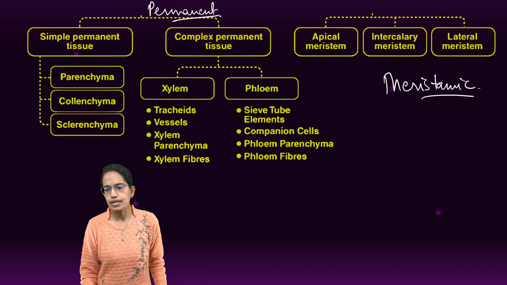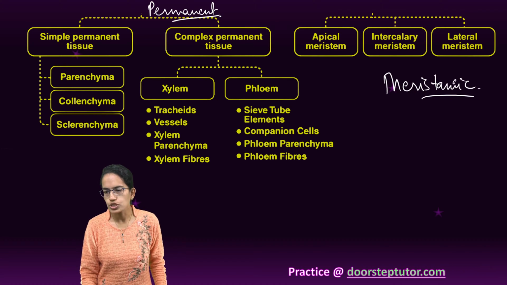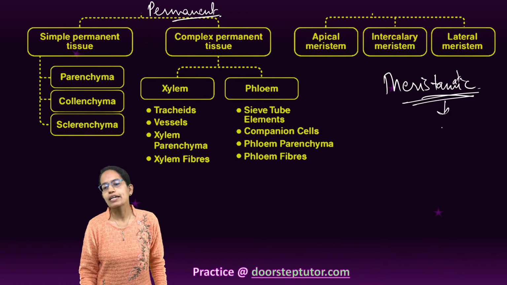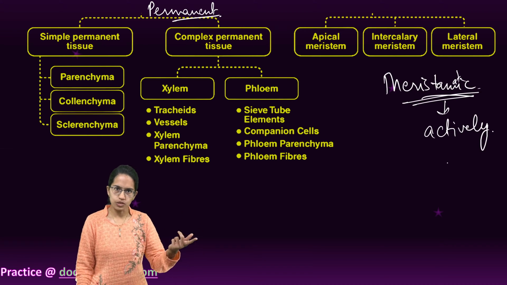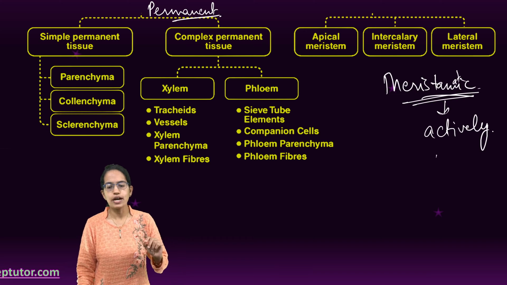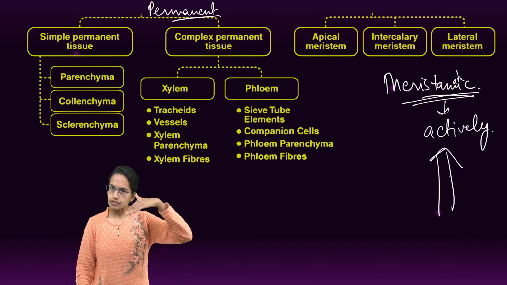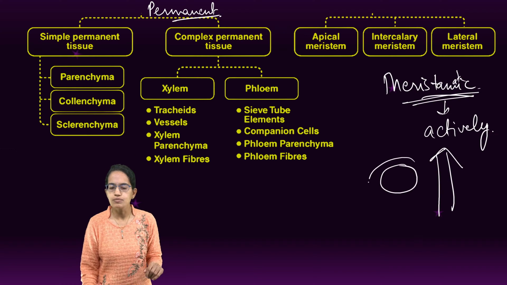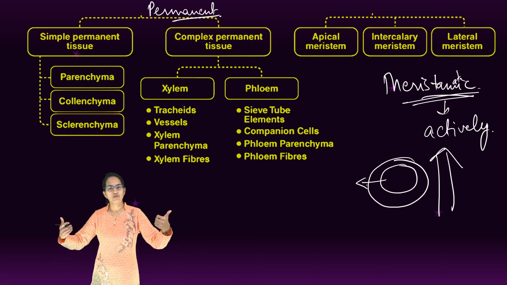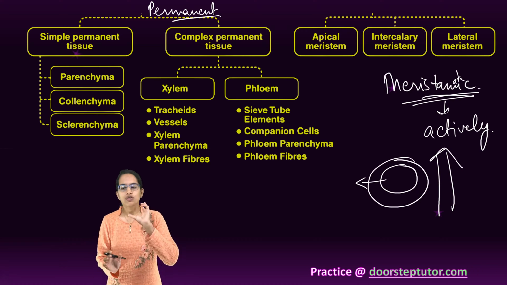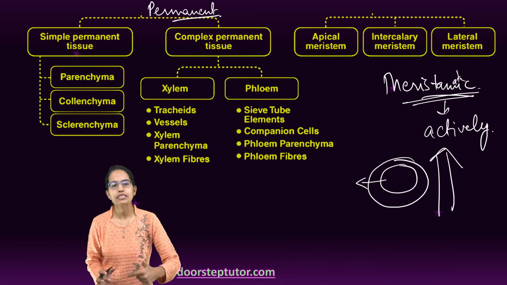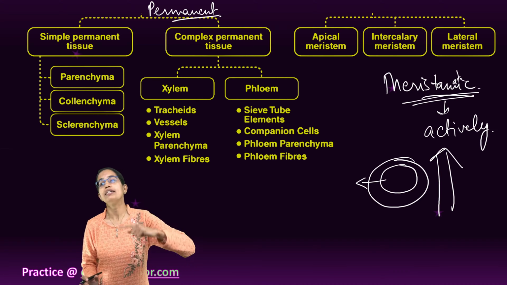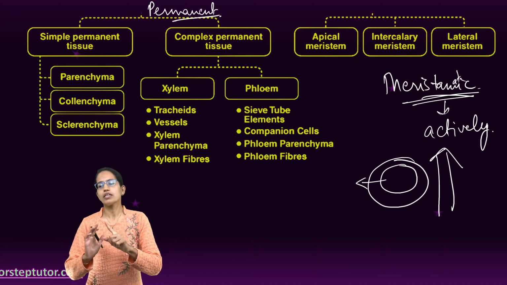So, meristematic tissues are those tissues which are actively dividing. That means they help in the growth. Now, growth in two ways. One is in terms of length, so the height would grow. The other is in terms of width. That means the girth of the plant would increase. Okay. So, meristematic tissues are actively dividing tissues which help to increase either the length of the plant or the